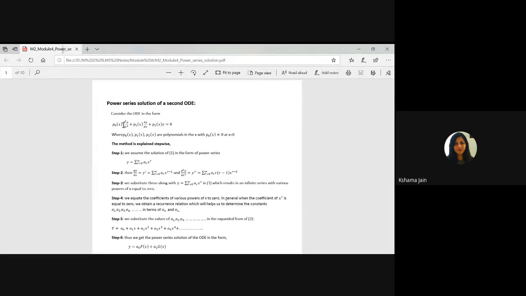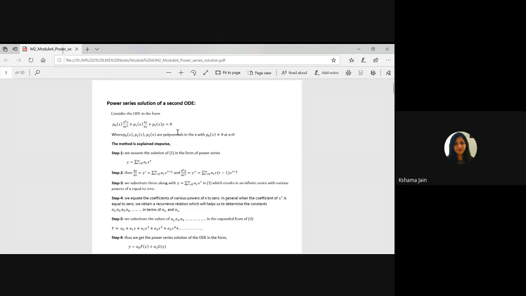Logarithmic function, meaning each function can be written in the form of a series. Generally, you have studied Laurent series, Maclaurin series. Those were to write the function in the form of a series. Same for any second order differential equation. Here p naught x, p1x, p2x are some functions of x, so coefficients can be functions of x. When you find the solution of this type of equation, generally we get a function.